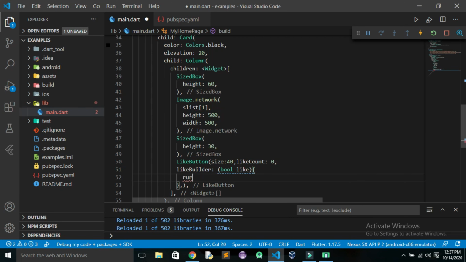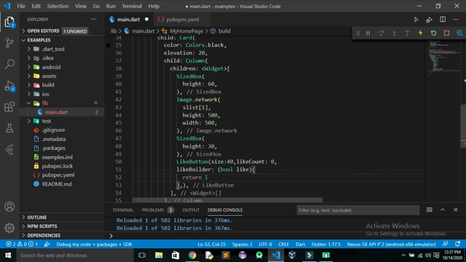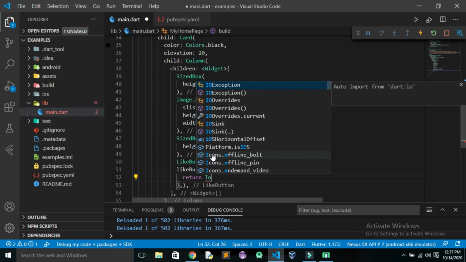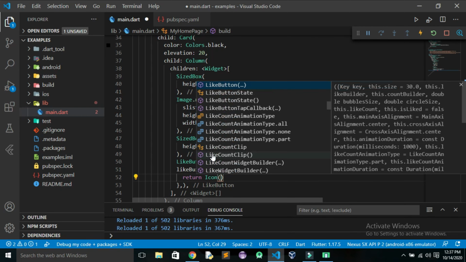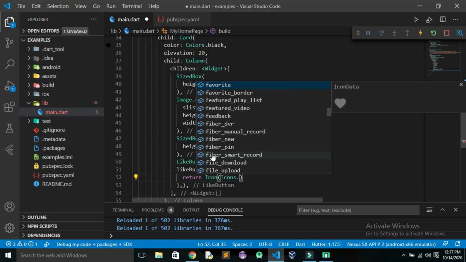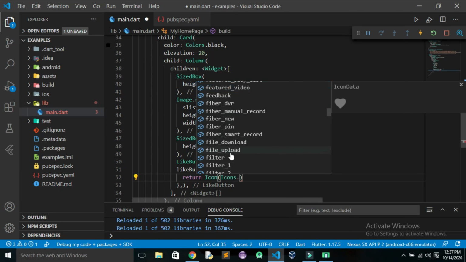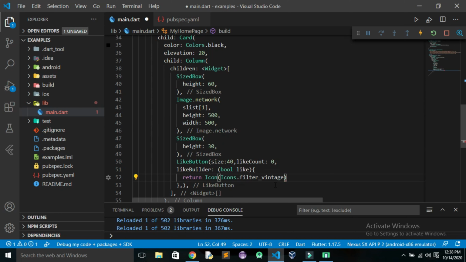For example, I'll return some icon, and in that I'll return maybe Icons.filter. I have one, yeah, this one. This is just a flower-like icon, and I want to return that.